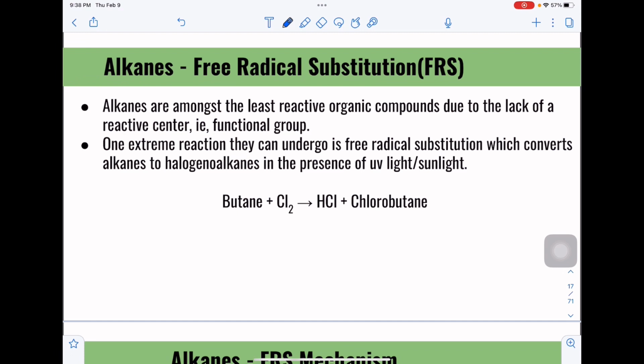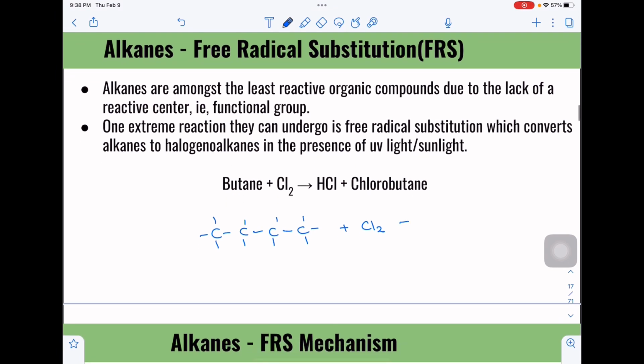Okay, so what is a mechanism? Mechanism tells us step by step how something happens. And what are we looking at here? We are looking at a substitution reaction where we start with an alkane with hydrogens all around and a halogen, for instance chlorine, and we end up with